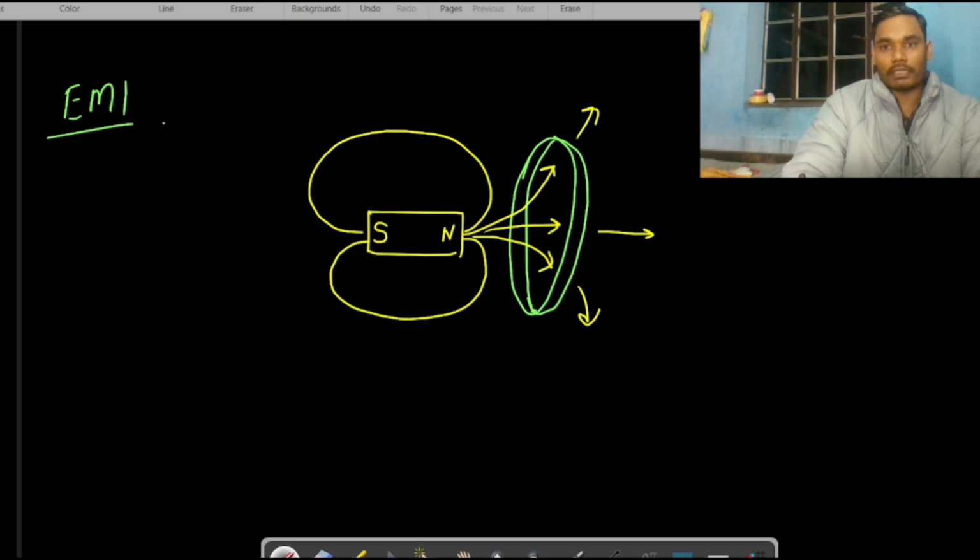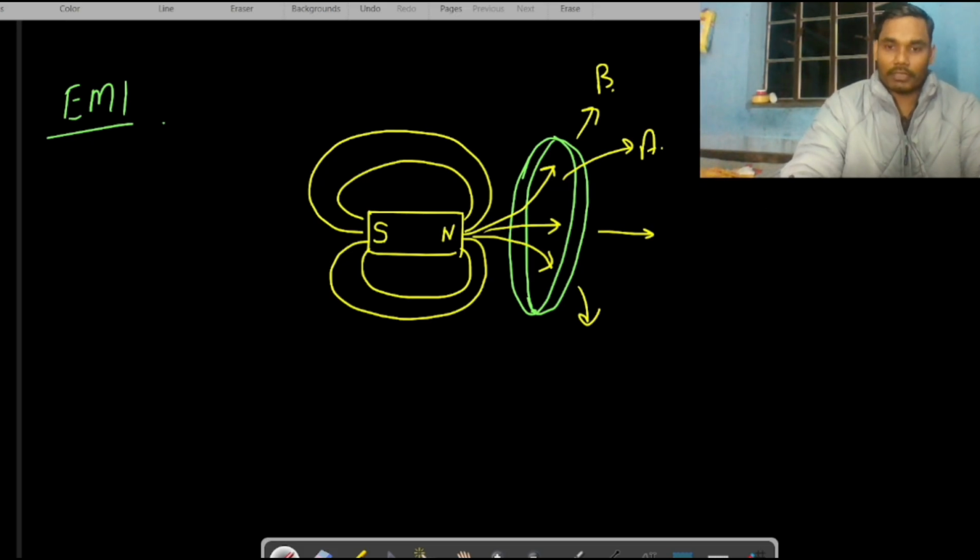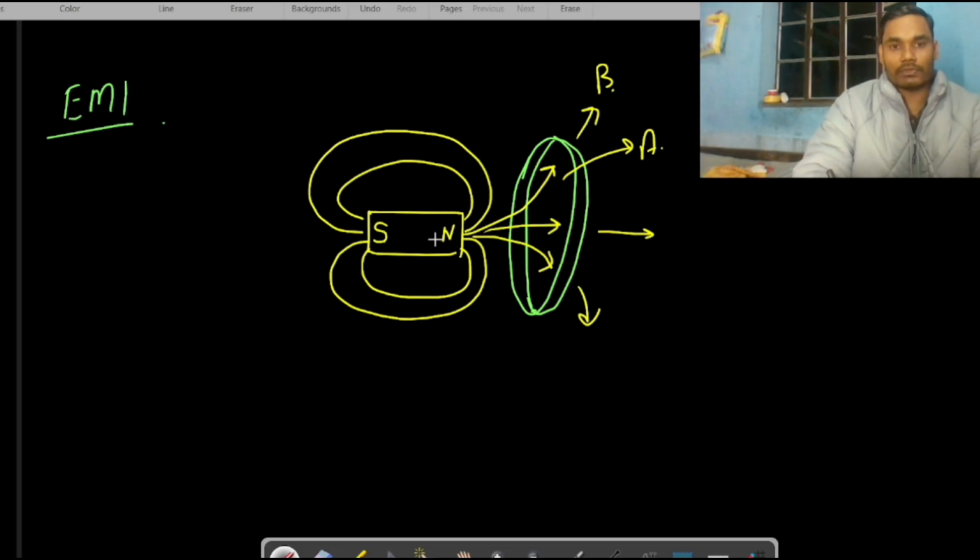Okay, and so we know that magnetic flux is equal to B dot A. So there is a magnetic field here and the surface area A, and the dot product of magnetic field and area is magnetic flux. So when I move this bar magnet, then the magnetic flux will change. Okay, so when we move this bar magnet, then we see that there is some current induced in this loop,